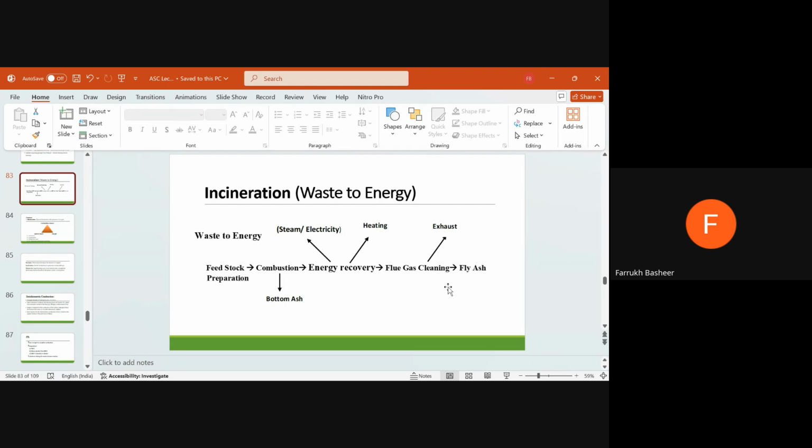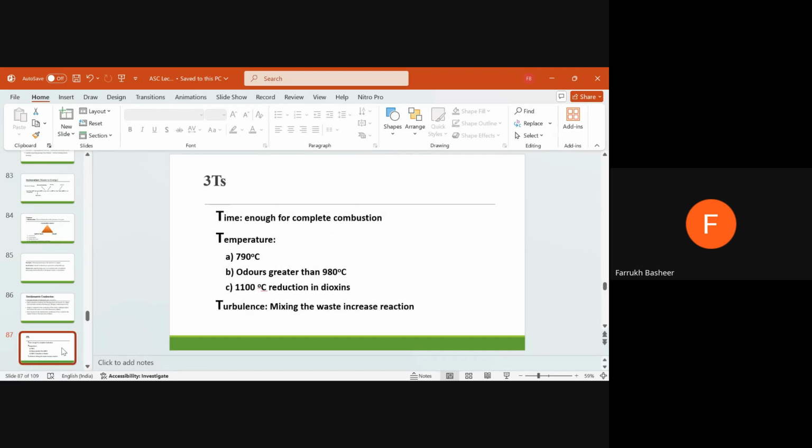आपको यहाँ पर कुछ एयर पोल्यूशन कंट्रोल डिवाइसेस लगाने पड़ेंगे अपने इंसिनरेशन प्लांट से, ताकि सारा सॉलिड वेस्ट एक जगह पर बर्न हो, फिर उसके बाद उसमें से जो गैसेस निकले उनको हम ट्रैप कर सकें या क्लीन अप कर सकें, या उसको एटमॉस्फेयर में रिलीज ना होने दें। तो इसको जब हम बनाते हैं तो इंसिनरेशन प्लांट को एक तो क्लोज चैम्बर देना है, दूसरा टेम्परेचर बहुत हाई रखना है ताकि वो बर्न हो सके, ठीक। और इस टेम्परेचर को बर्निंग में टाइम चाहिए, उसके लिए हम इनफ टाइम प्रोवाइड करें।